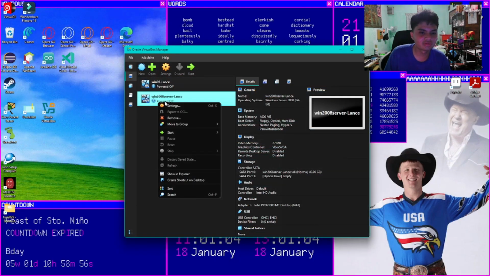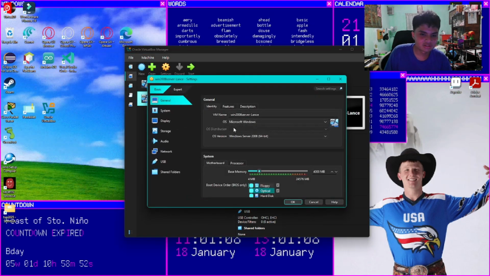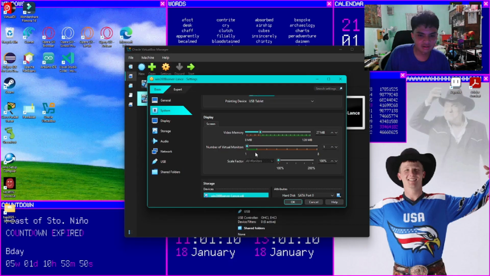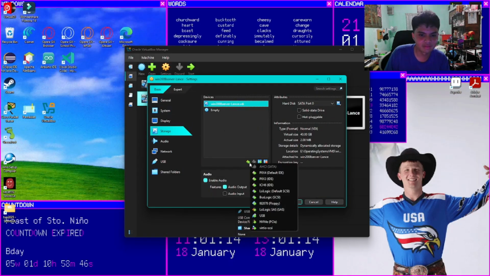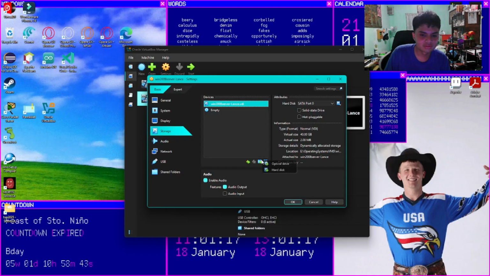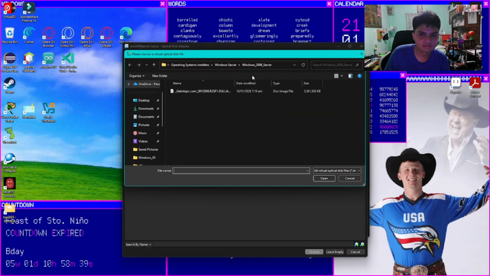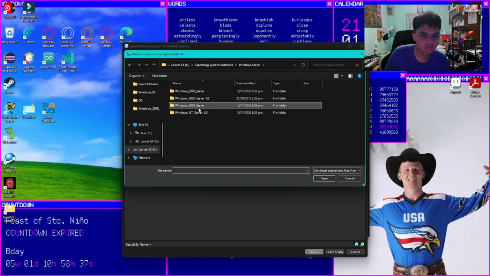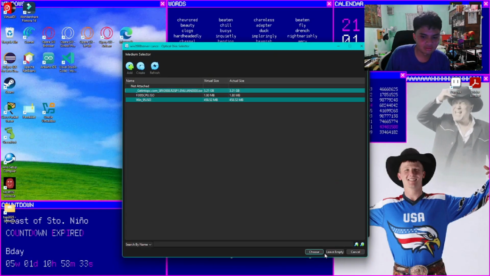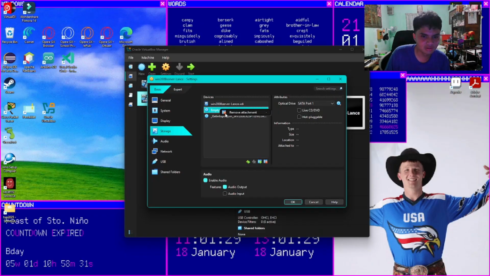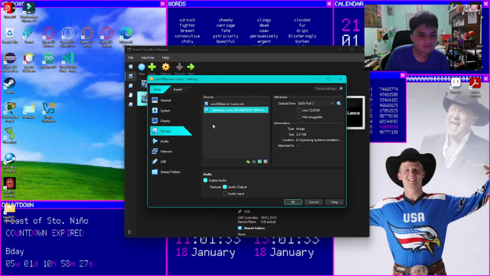So what we're gonna do now is go to settings. Check everything first. This is correct. This is correct. So we just need to add the Windows 2008 server ISO. This is the ISO that we have. Then press open, and then choose, then remove this empty attachment. Now it's gonna be read and set up like this.